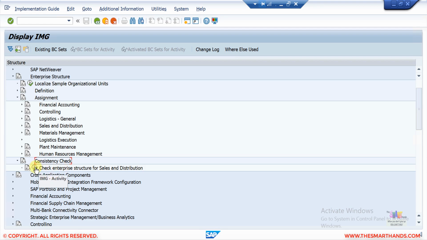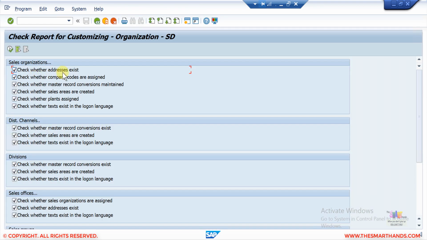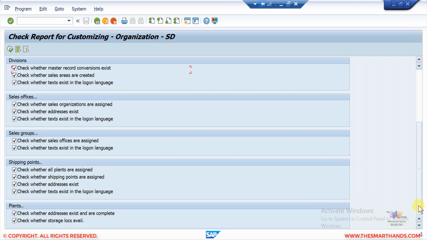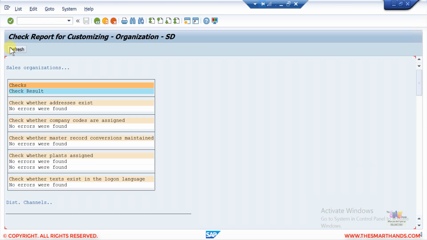If I click on execute, it asks what you want to check. You want to check sales organization, for example. You want to check address exists, sales area created, distribution channel, division, sales office. As I said before, sales office is optional, sales groups is optional, we're not using them. Shipping point, if the shipping points are assigned or not, address exists or not. So everything you can see, same thing for plant, and you can click on execute, and that's basically for all